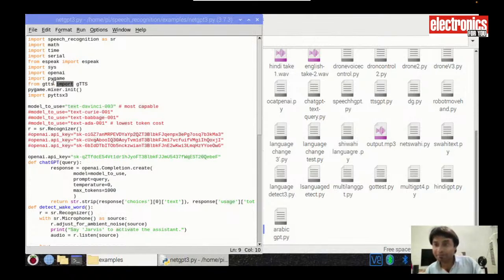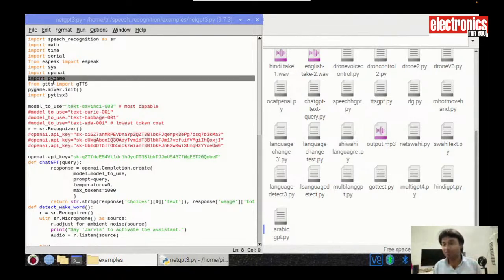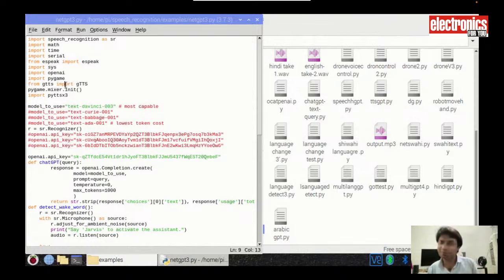तो इसको प्ले करने के लिए हम पाई गेम का यूज कर रहे हैं। आप इसकी जगह कुछ और भी लाइब्रेरी यूज कर सकते हो, जैसे MPG123 या कोई अदर लाइब्रेरी, कोई पाइथन मॉड्यूल जो ऑडियो फाइल को प्ले कर सके। मैं यहाँ पाई गेम का यूज कर रहा हूँ क्योंकि ये सिंपल, इजी है और आसानी से इंस्टॉल हो जाता है। आप पाई TTX का भी यूज कर सकते हो, पर यहाँ मैं यूज नहीं कर रहा हूँ, बस इस कोड में इंपोर्ट कर लिया है। तो इन सारी लाइब्रेरी का फंक्शन मैंने आपको बता दिया। I have already told you these are the